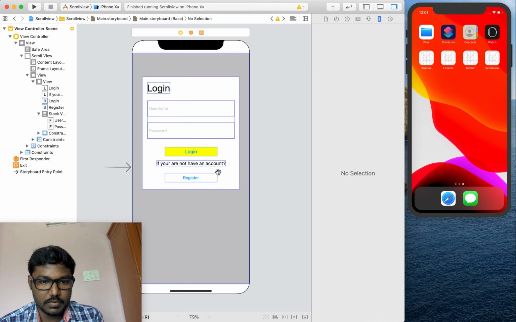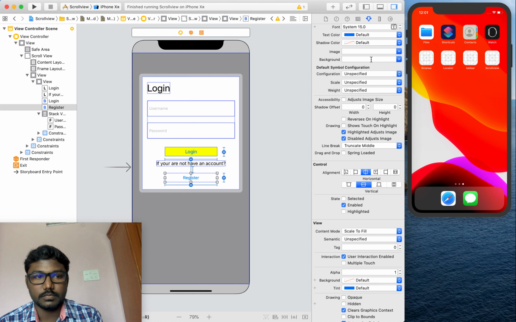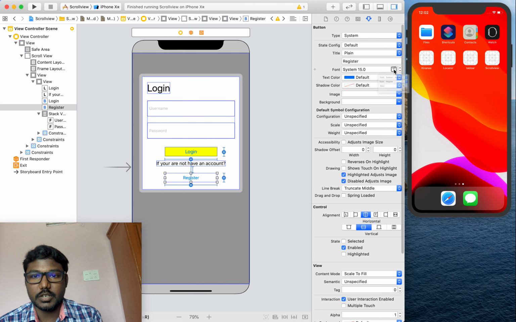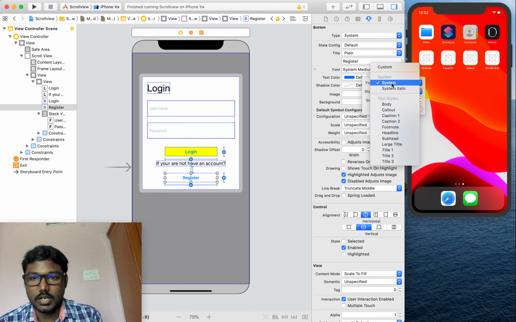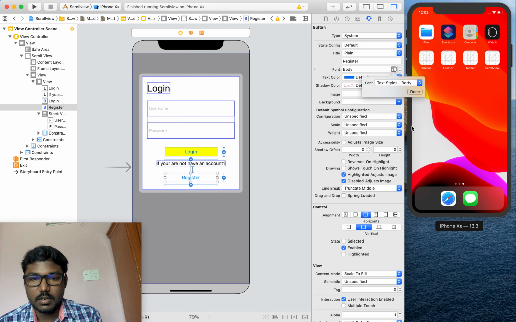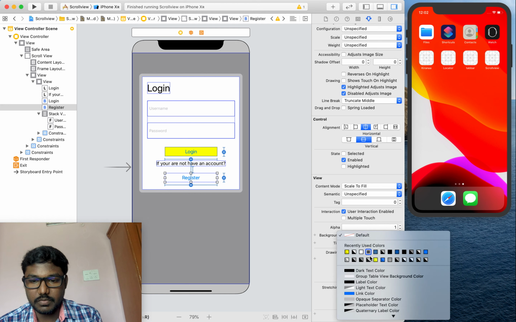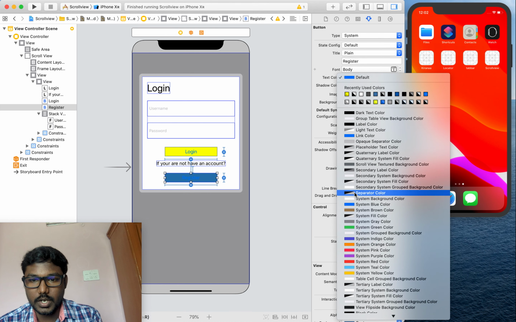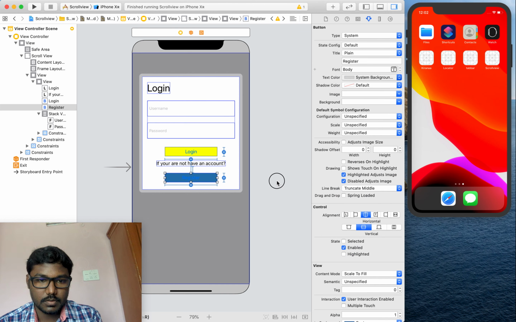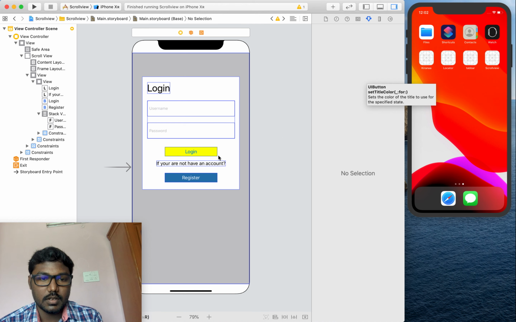Now the constraints are very good. Now we can set the font for the register button. It's nothing but medium, or else we can set it as body, and the background color we already set as orange, so we change it to something like blue, and the title color is white. Likewise we updated. It's okay.